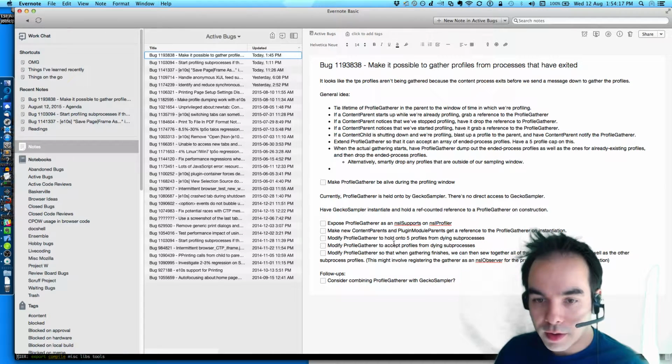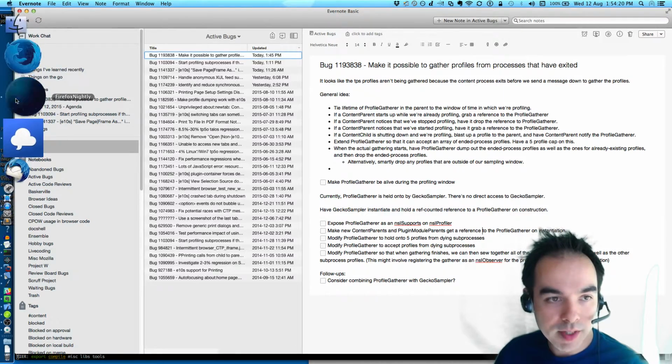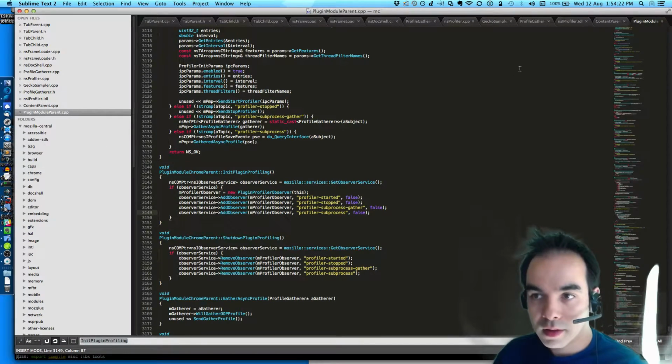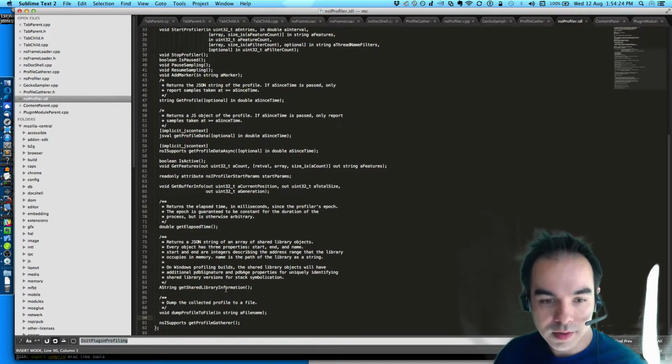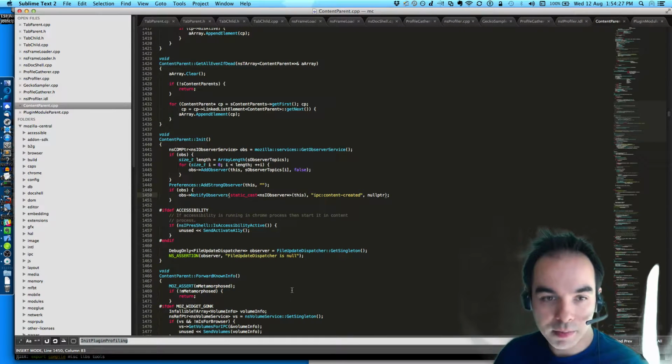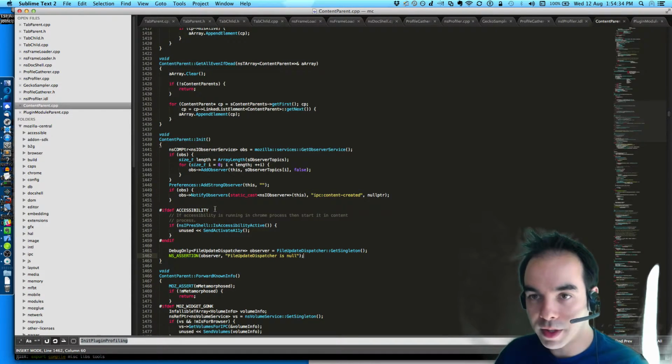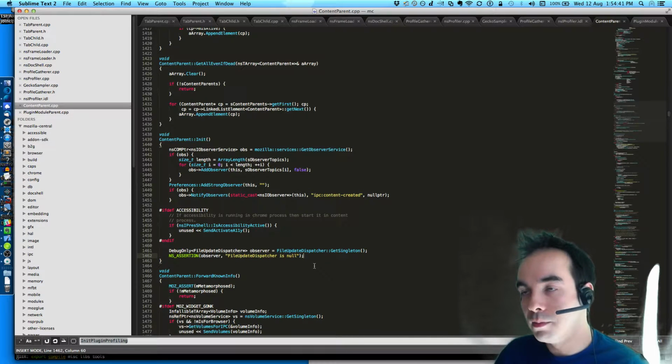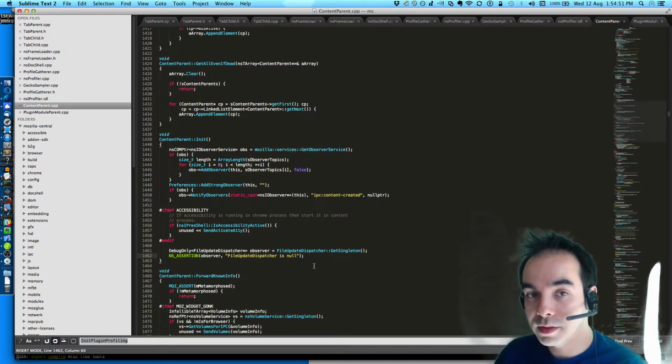okay, reference the profile gatherer on instantiation. So we will expose it like this, and then in content parent, probably in init, we'll ifdef this whole thing around whether or not profiling has been enabled at build time, to go get a reference to the profiler gatherer and then hold on to it. And only if profiling is enabled.